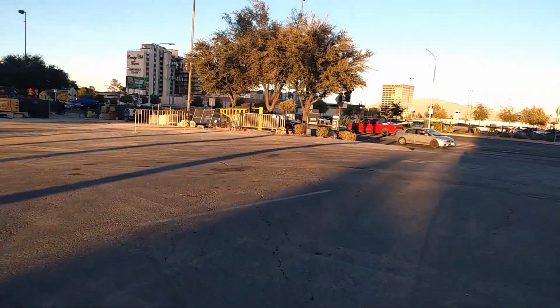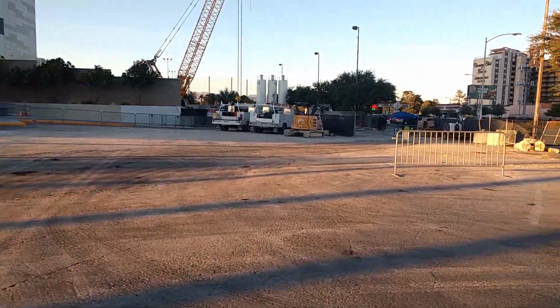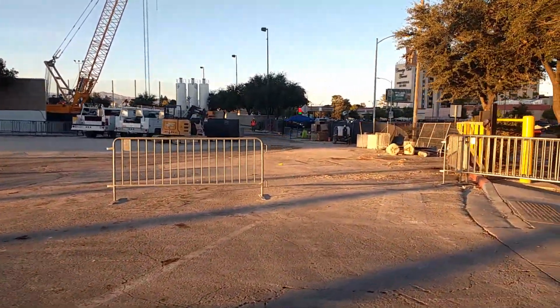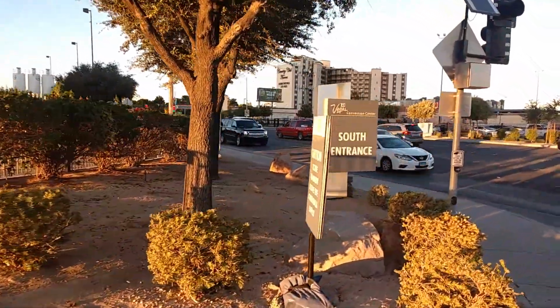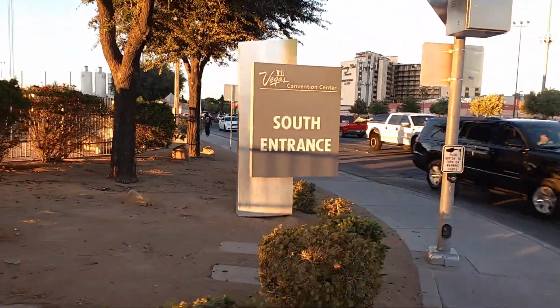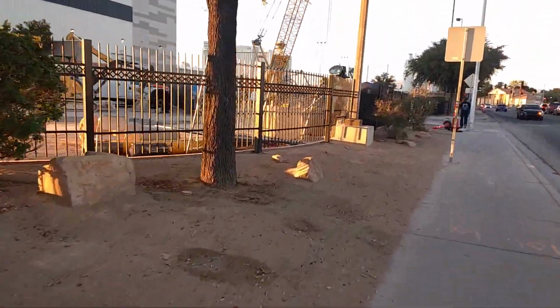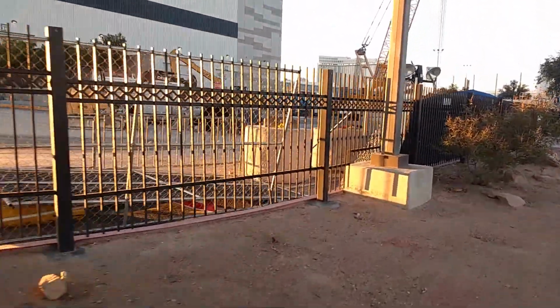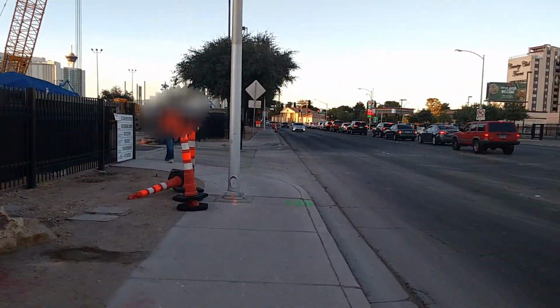Go. Now, I can't go in there. I'd get busted for that. But I can. This is the south entrance. Okay? But I can go over here. And as you can see,